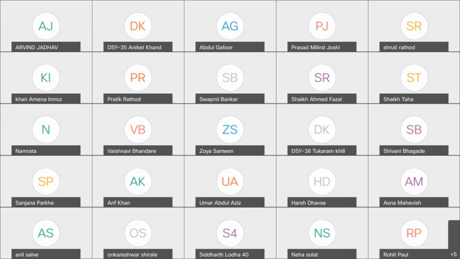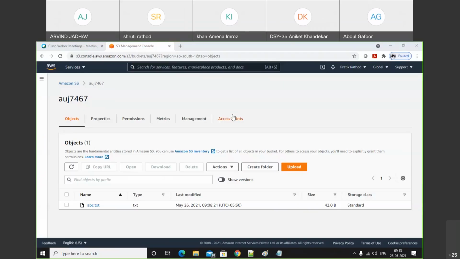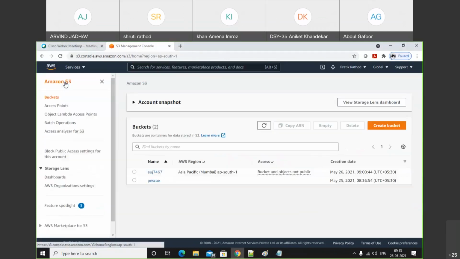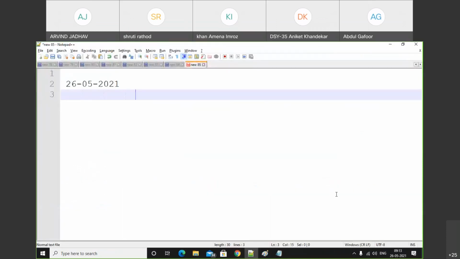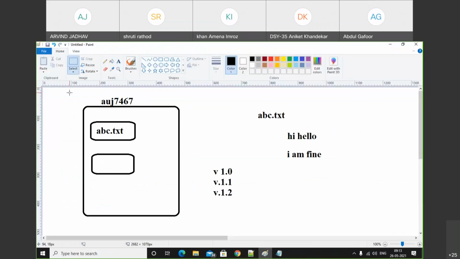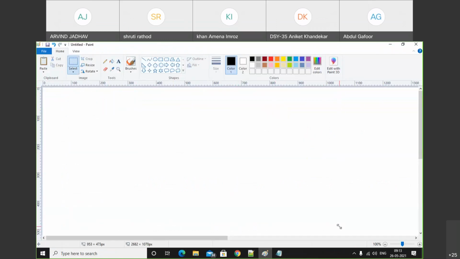So you need to do the practical. Now let's do one more operation. After that, tomorrow we'll discuss other properties of S3, and tomorrow we will complete this topic of S3, and after that we'll start EFS. So today we'll do another operation called cross-site replication. Just 1 minute. First of all, I will explain what cross-site replication is.